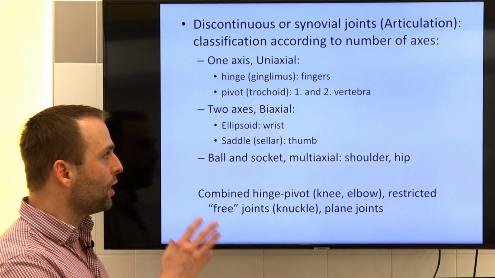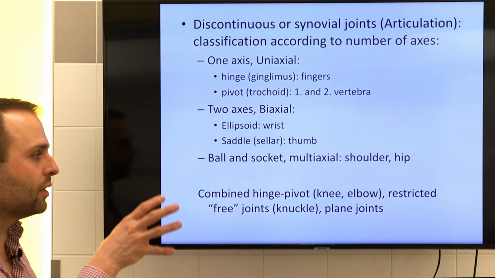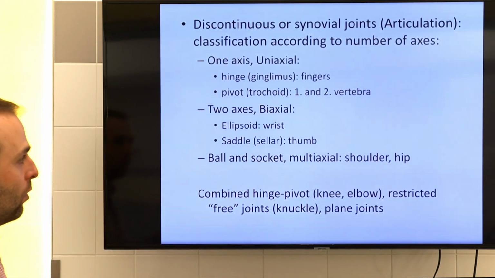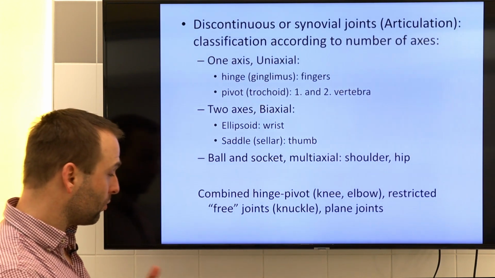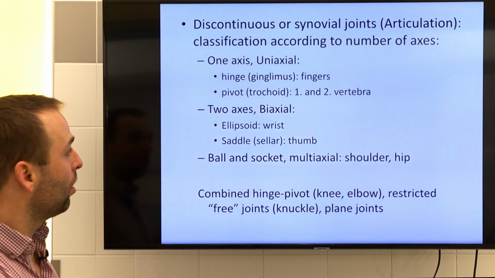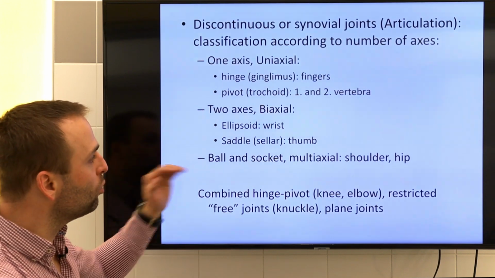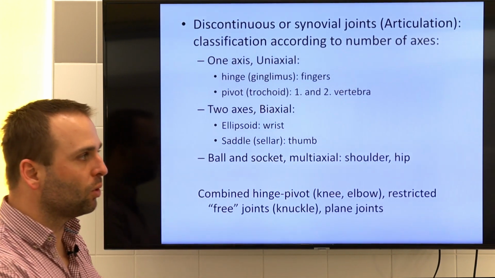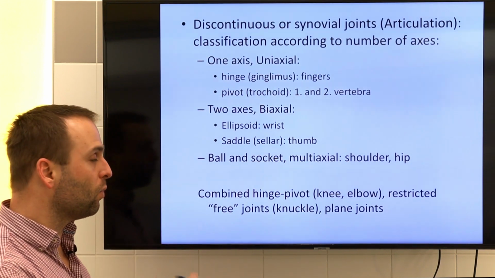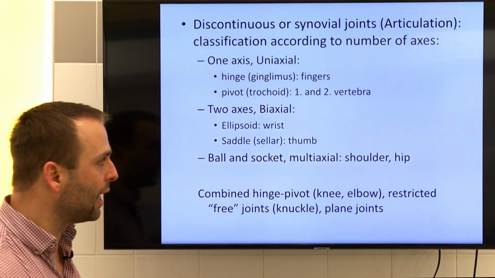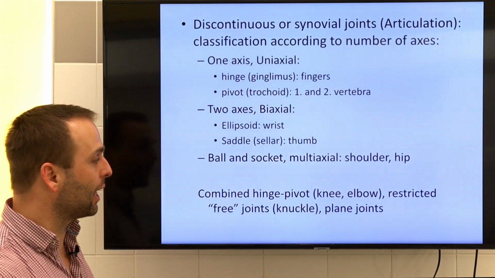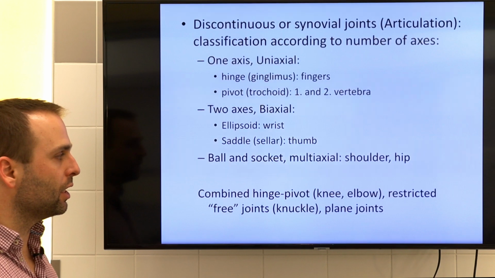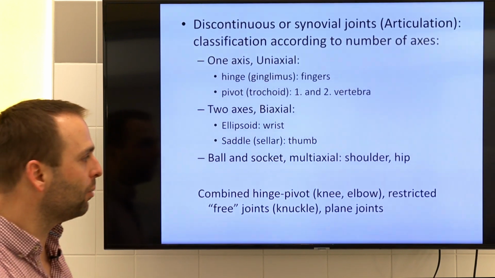saddle joint. There are 2 axes there, so at the same time there can be 2 different directions which can produce movements. And there are multi-axial or ball and socket joints. These are free to move, so they can move not only around 1 or 2 axes, but around many axes in any direction. There are also special cases like combined hinge pivot joints, like the knee and the elbow, where